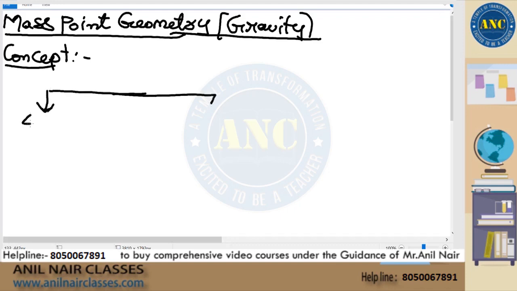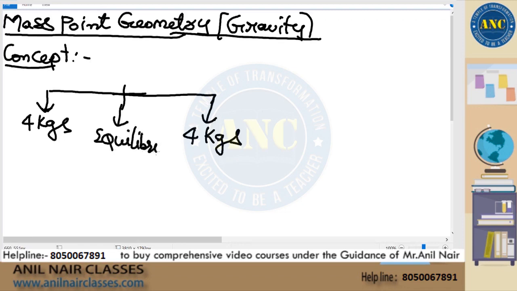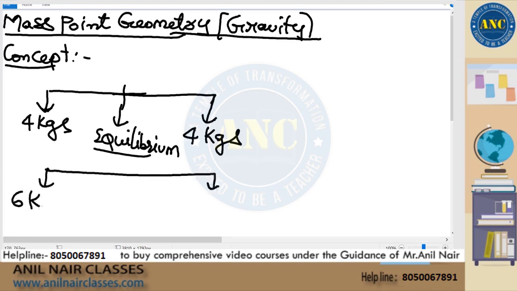On the left hand side I kept 4 kgs, and on the right hand side I kept 4 kgs. This state is nothing but an equilibrium state. It will not favor any one side. If you keep equal weights on the left and right hand side of a weighing balance, it will show an equilibrium stage. Suppose, for example, the left hand side is 6 kgs and the right hand side is 9 kgs. If I want an equilibrium,